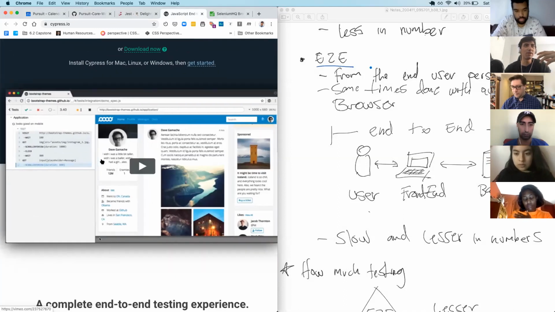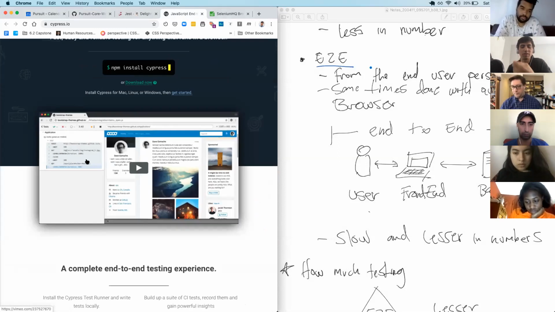It looks exactly like a browser, but here you can write some code that says, okay, when the page loads, go click on this button, and then add this text to this box, and then hit submit. So it's a browser that you can automate, and this will become an end-to-end testing. You're testing your application